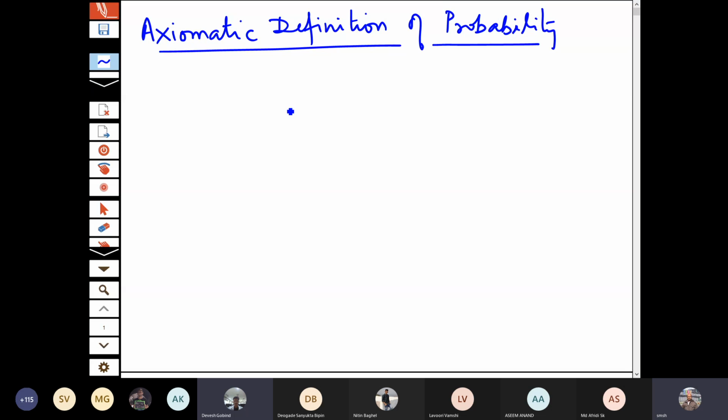In the previous class, I have given you the two definitions. One is the classical definition and another is the relative frequency definition of probability. And we saw that there are certain cases where it is not applicable. It means that they cannot be called formal definitions. Rather, we can consider them as the methods for calculation of the probability. In real life situations, we will still be using only those two methods of calculation of the probabilities.